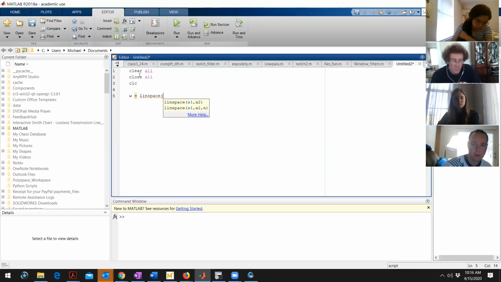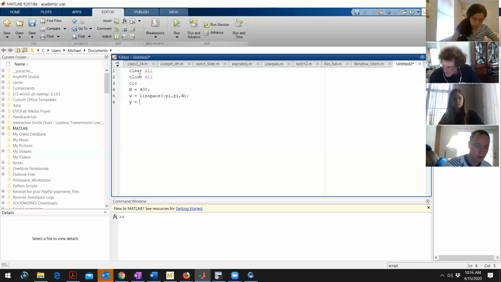Linearly spaces points. I'm going to go from minus pi to pi, so the range is from minus pi to pi. The next value I'm going to leave to be n, the number of points you want. I'm going to have n equal to like 400. It can be anything. Usually it's 2 to the n points I put down, but I'm going to just put 400 for now. Now I put in the function I want to plot, so I'm going to call it y